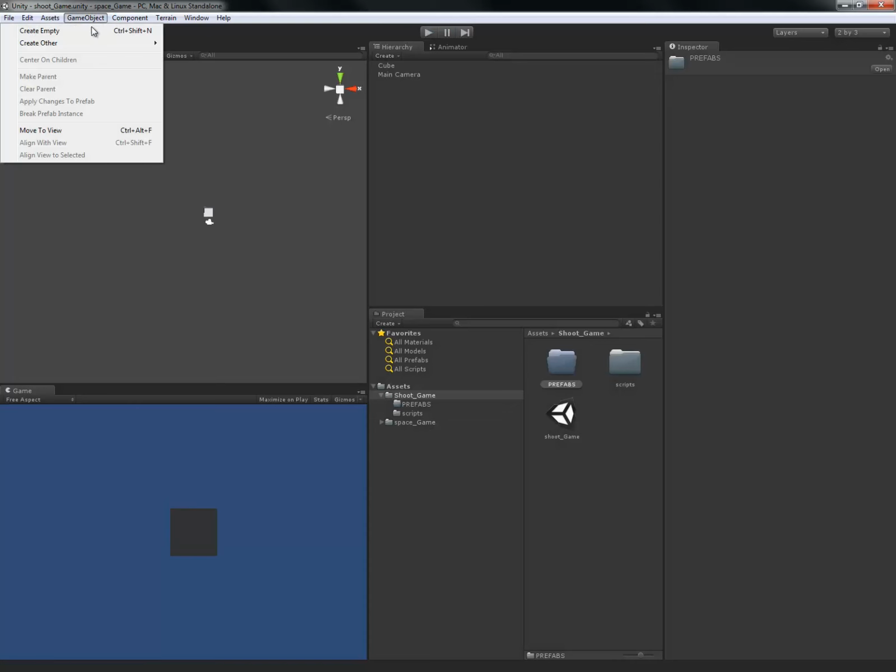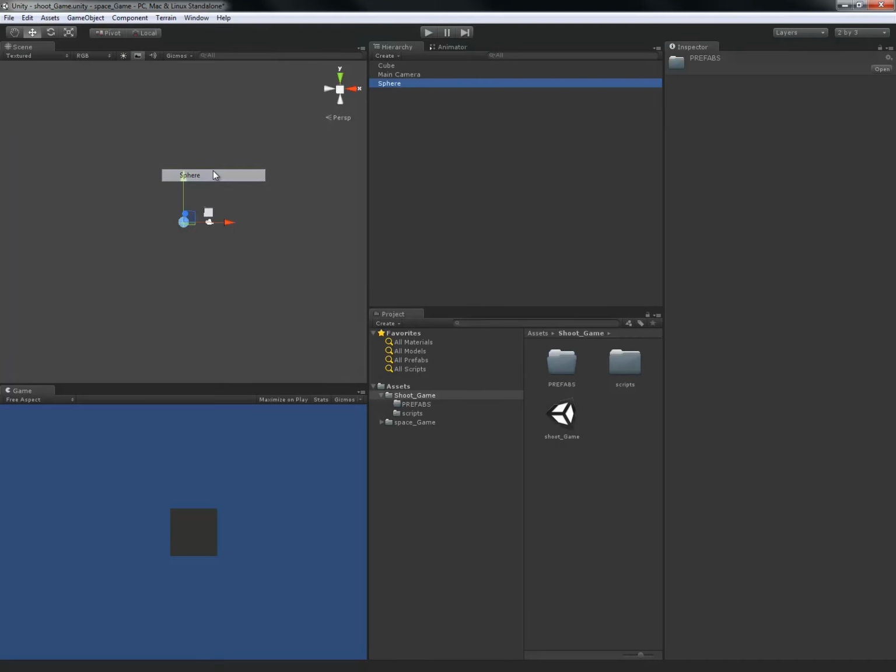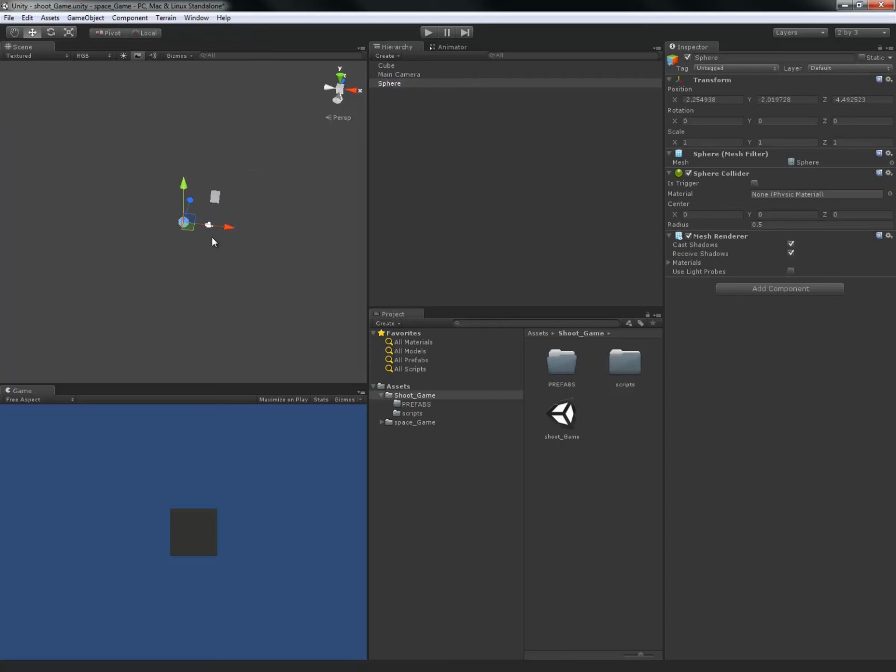And I'm going to go to Game Object, Create Other, and make a sphere. Now, be conscious of the size of your sphere in relation to your cube, because this is going to be the bullet that's actually going to knock down our cubes. So size it up the way you like it,